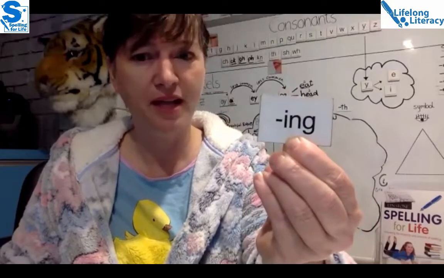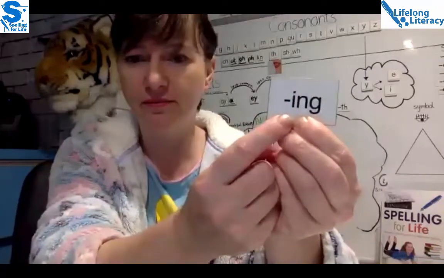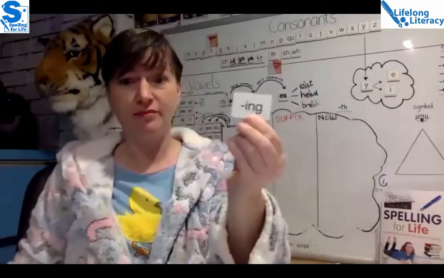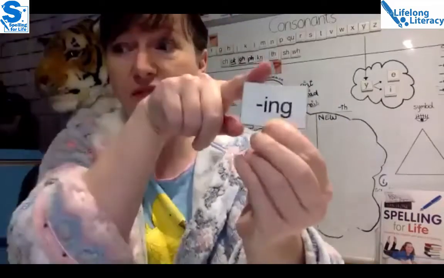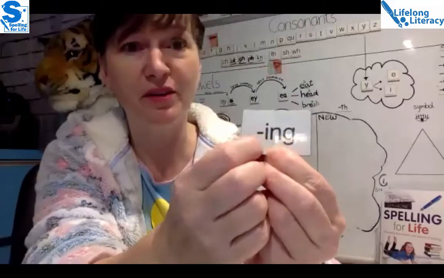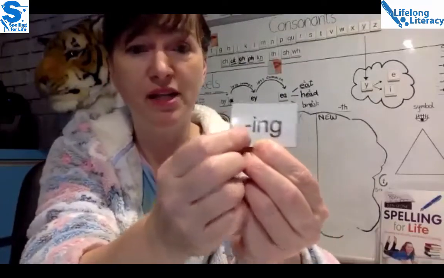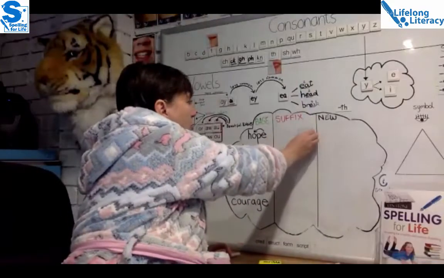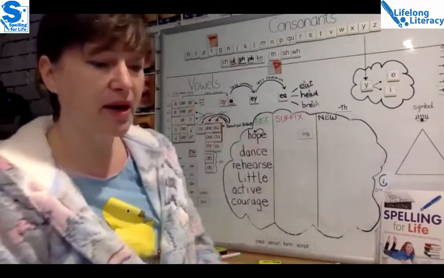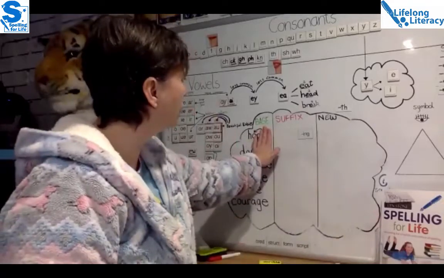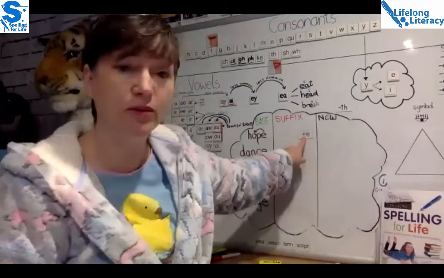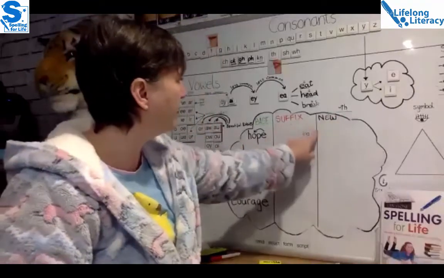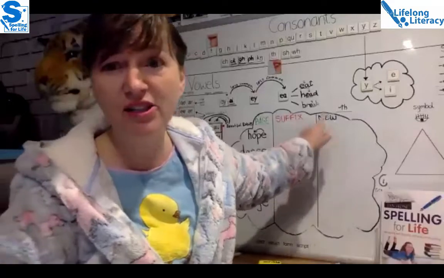Ing. Is this a vowel suffix? This is a vowel suffix. It's a suffix that begins with a vowel. I is one of the vowels. Now, if you add a vowel suffix to a final silent E word, you do have to alter the base. What you have to do is remove the final silent E and replace it with the vowel suffix. So everybody write hope, then in the next column write ing, then in the next column write hoping, and I'm